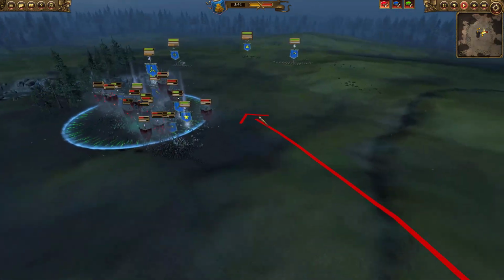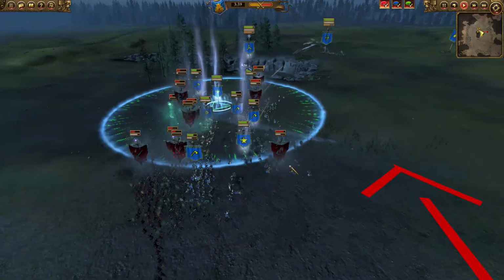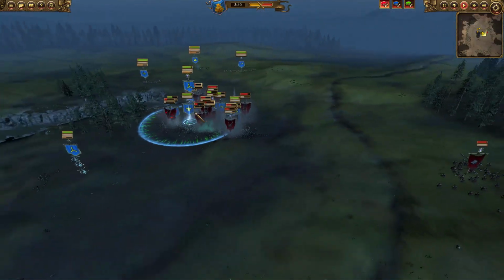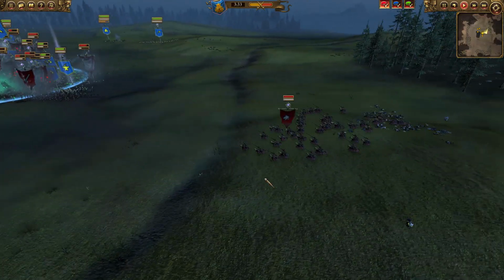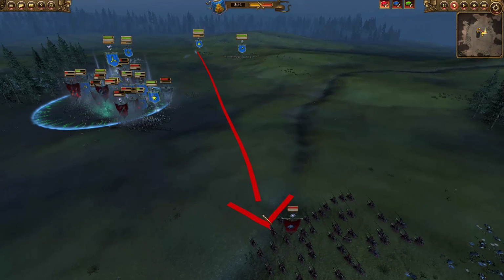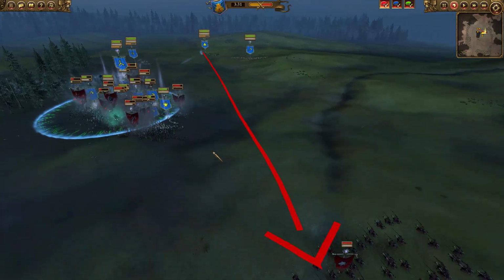What are they going to be doing? Right now there's not much they can do in this main engagement. What they've got to try to do is take out this cannon. Now, they might run into a bit of a problem because they are extremely far away. The cannon is going to be able to hit them from here, or as they get just a little bit